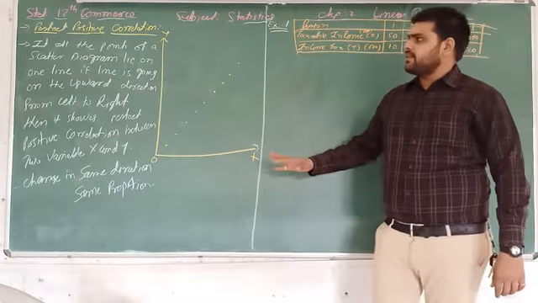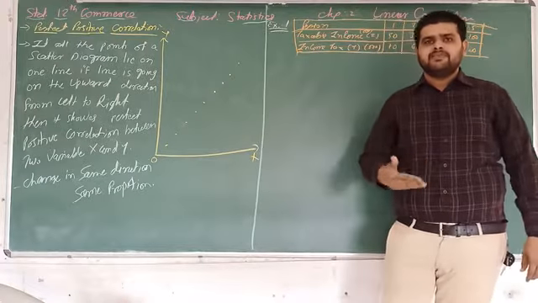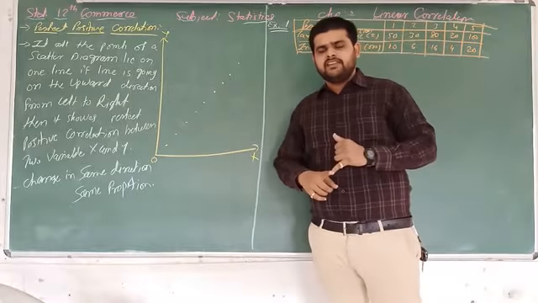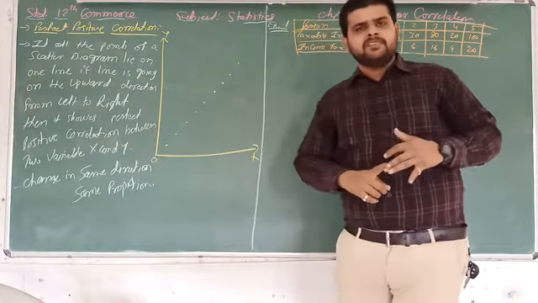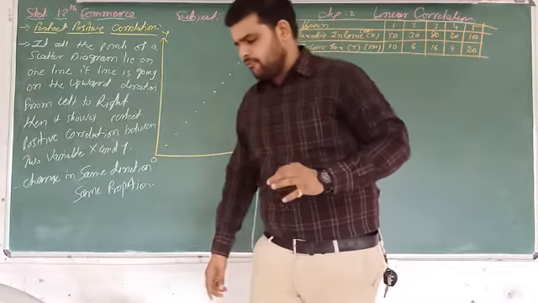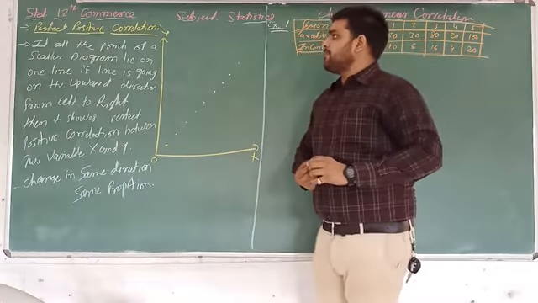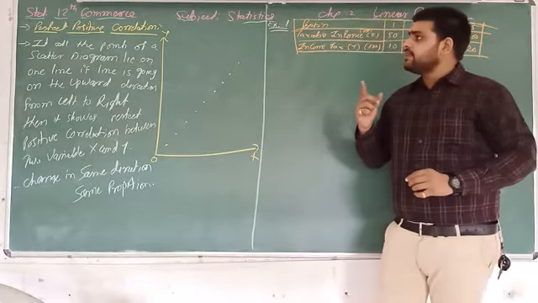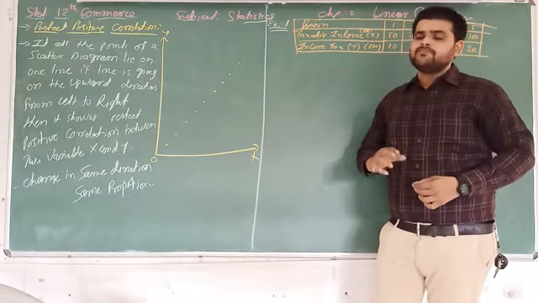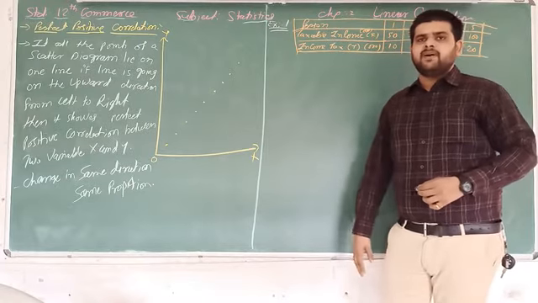So after the completion of types of correlation, now we will discuss the various types of correlation. I discussed earlier that 5 types are there: perfect positive, perfect negative, partial positive, partial negative, and no correlation. Here we will discuss the first topic, perfect positive correlation, PPC. What do you mean by perfect positive correlation? Definition is there, and then we will take one example related to it, illustration number 1.